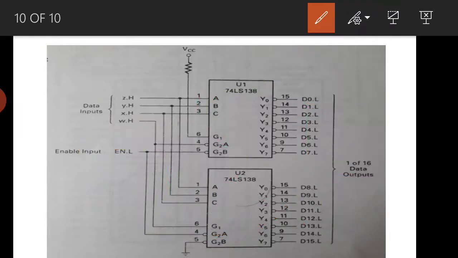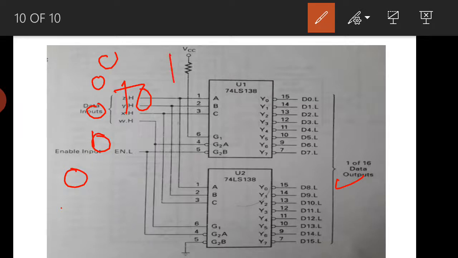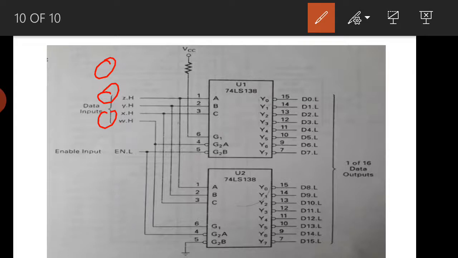Similarly, now I want D0 as high. In that case what should happen? What should we give? 1 0 0 0. If I give 0 here for the fourth input and 0 to 1 1 1 combination for the other three, all 8 will be covered, because this is 0 means this will be active and the other will be disabled. 3 bits, 0 to 7, all of this will be covered. Next, what if this is 0 only and the fourth input will be 0? In that case what will happen?